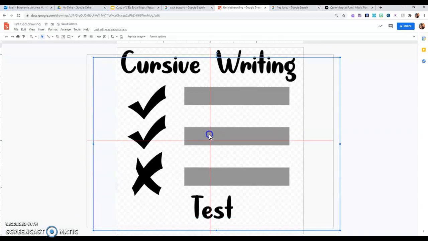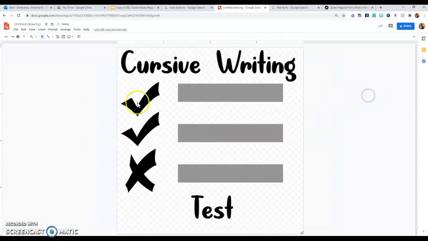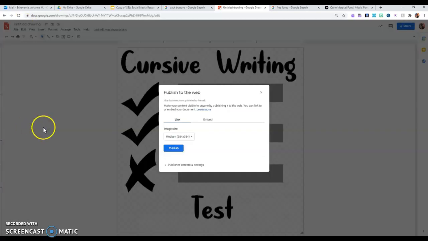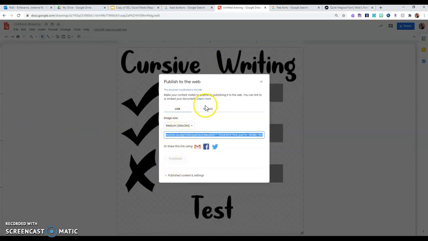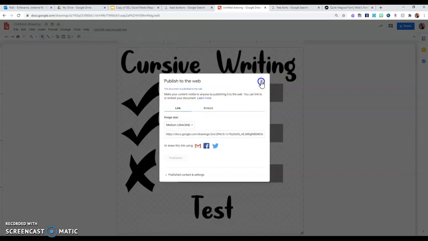If you see these red lines, it's telling me it's centered. So I have that. Now all I have to do is come up here to File and name it what you want. File, Publish to the Web, Publish. Okay. So it gives me a link and an embed code. If I'm trying to put it in here, I don't really need that, but if you're trying to put this in your Canvas, you're going to need the embed code. So you'd take this and embed it into your Canvas. But if that's not what you need it for,